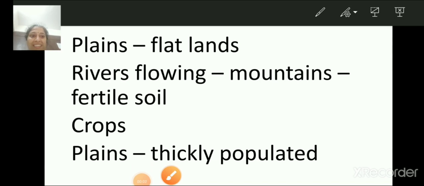Our next topic is plains. So children, what are plains? Yes, plains are flat lands with gentle slopes. Rivers flowing from the mountains. From where do rivers get water? You had learned, isn't it? Yes, rivers are fed with water by the melting snow in the Himalayas. So rivers flowing from the mountains